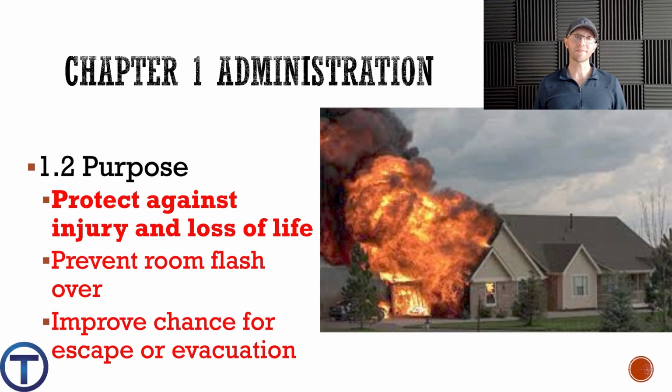Section 1.2 gives us the purpose. If we're going to do anything, it's helpful to know why we're doing it, and up front in this code, it tells us the reason why. It is to protect against injury and loss of life. You might think this is about trying to protect the property, about keeping the whole building from burning down, and if that happens, that's nice. But that is secondary to the fact that human life is the most important thing. And if we can have a system that protects human life, that's why we do this, to protect against injury